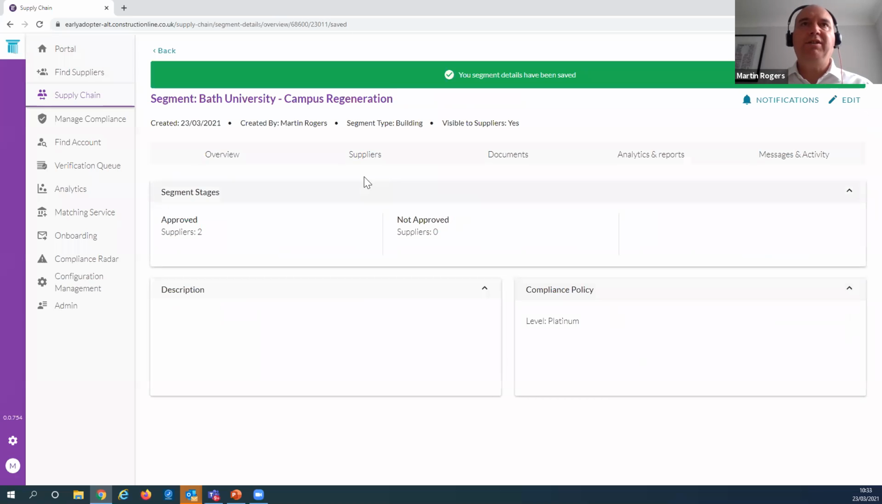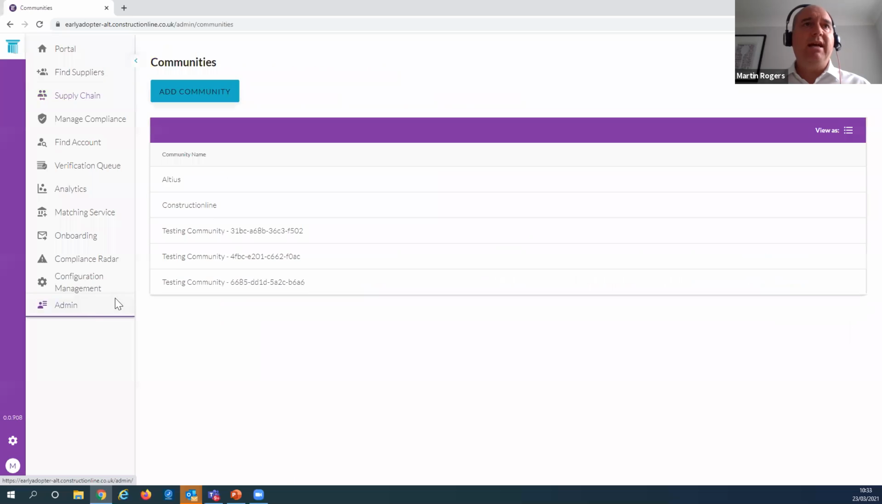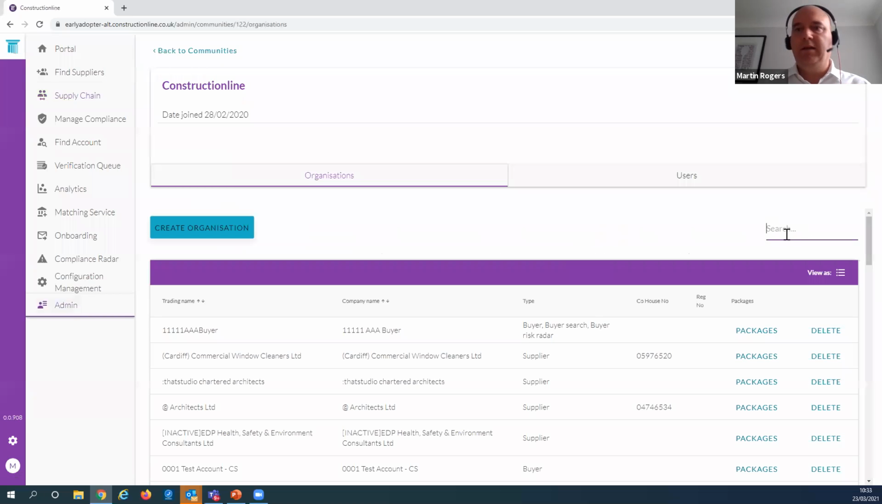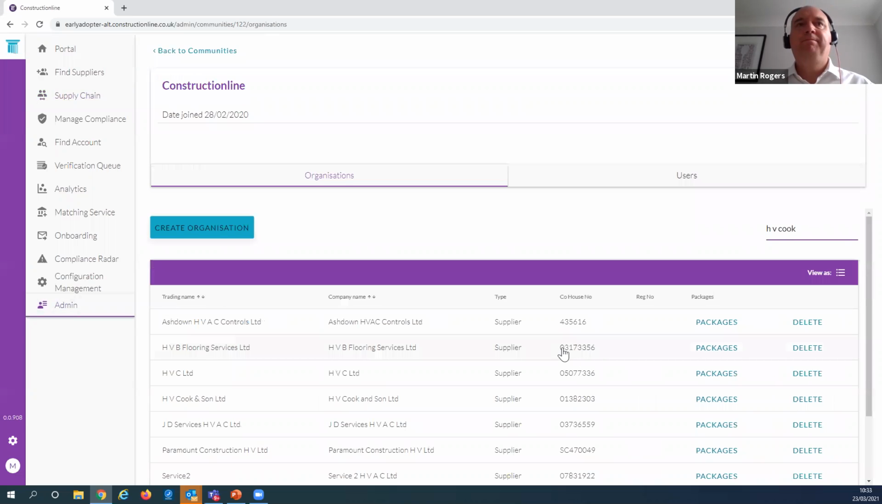I'll confirm those changes. Again, from the buyer side, we can see that both suppliers in this segment now are not verified and they need to upgrade. And if I now go and impersonate HV Cook again,